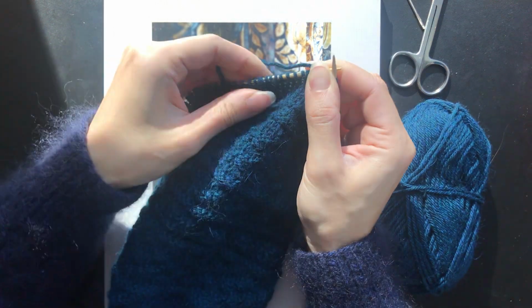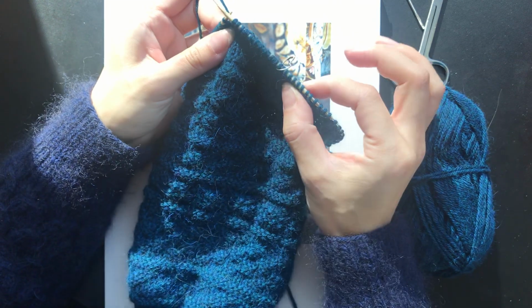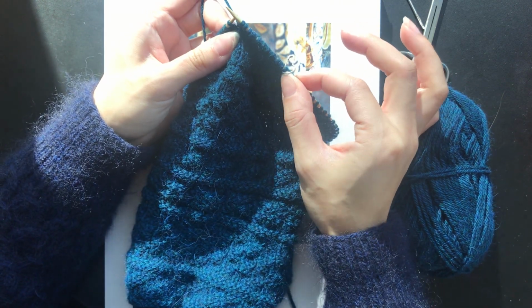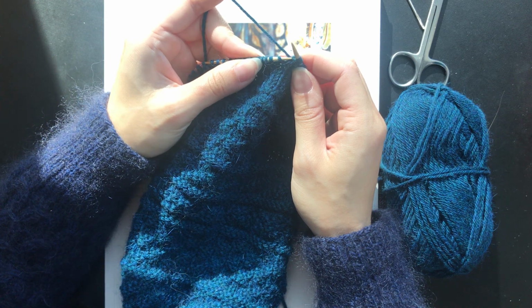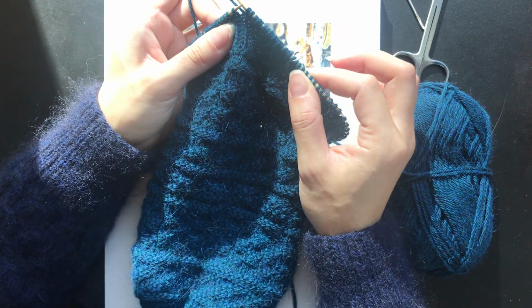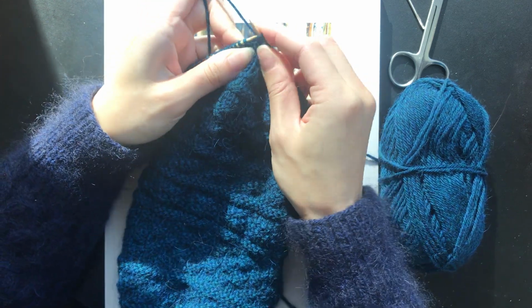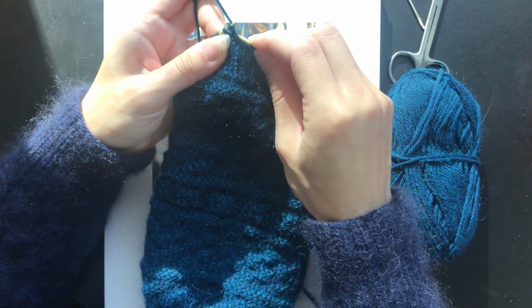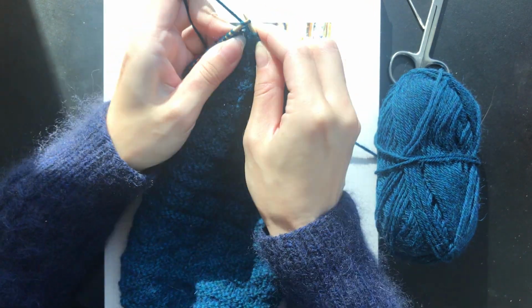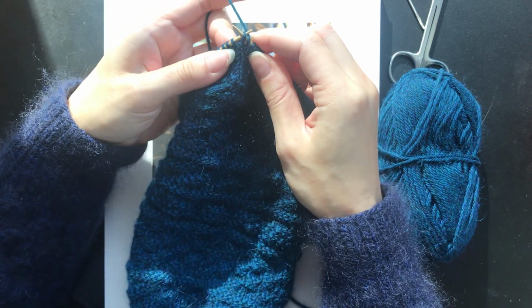And I might have to switch needle sizes because I'm using a 4-inch on the right side and a 2-inch, or 5 centimeter, on the left side and a 10 centimeter on the right side. That just makes it easier for me to maneuver the stitches, because when the